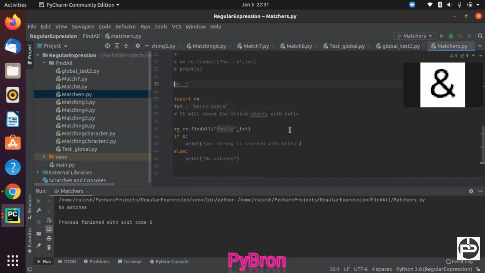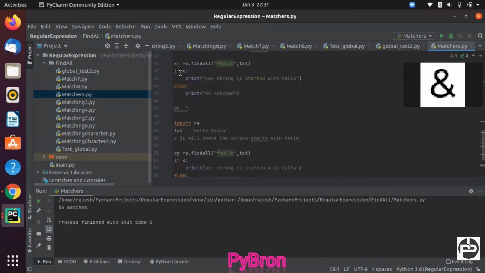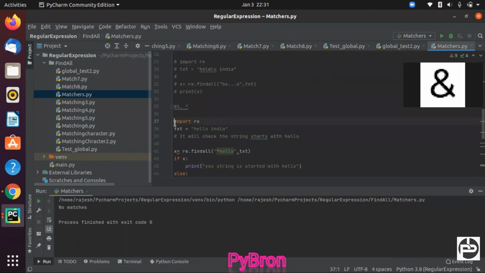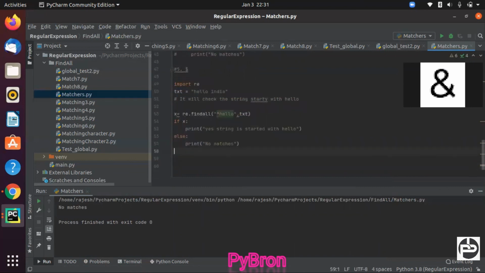Opposite to the fourth one, I'm just going to copy this line of code and paste it here, and let me put a comment over this also. Okay, and the fifth one is similar, just change this caret to dollar. Now how is it going to check?